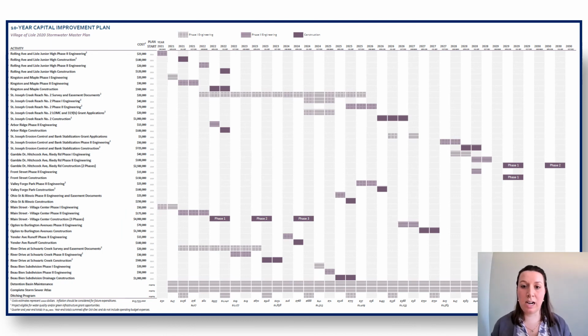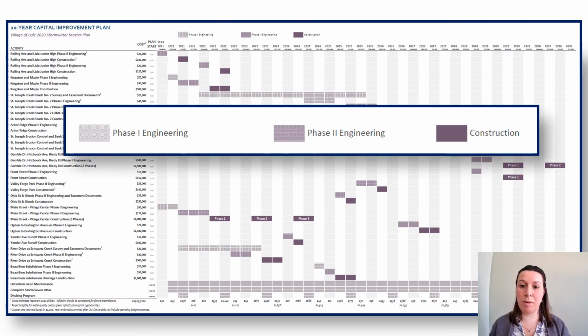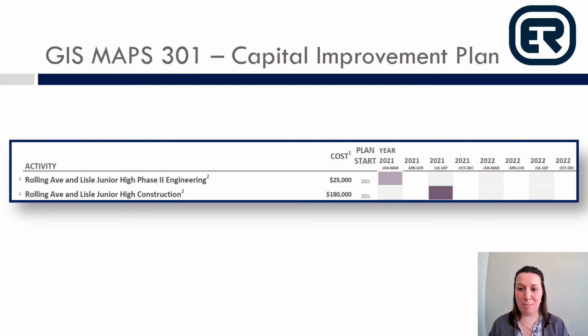Once a board adopts a stormwater master plan, they've prepared their community with a roadmap for the next few years. Here's an example of a master plan ERA prepared that organizes projects by phases over the next 10 years. In this example, Phase 2 engineering has already begun and construction is anticipated in the summer of this year. Residents and village board members will soon be able to see physical improvements from the GIS map analysis in this